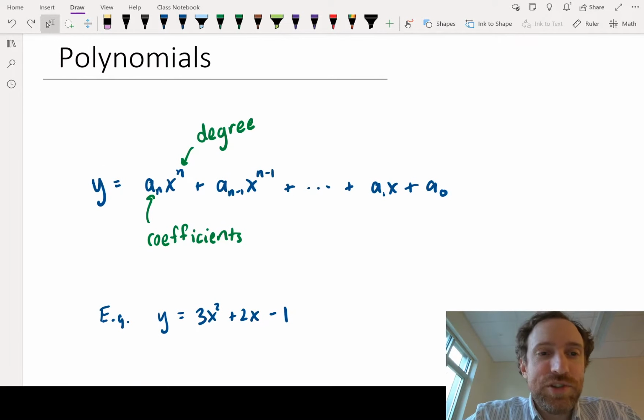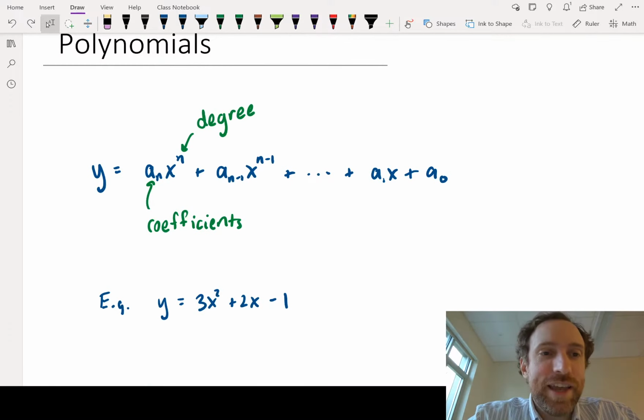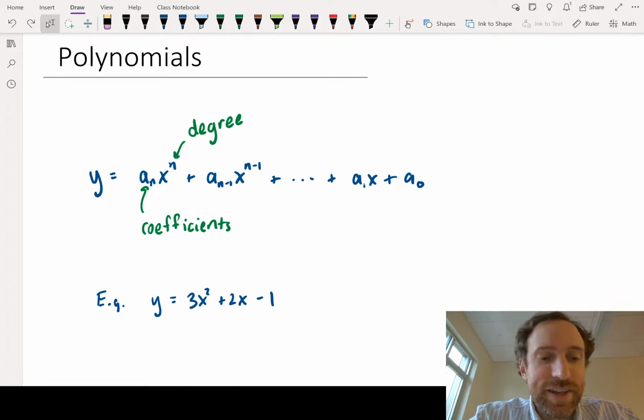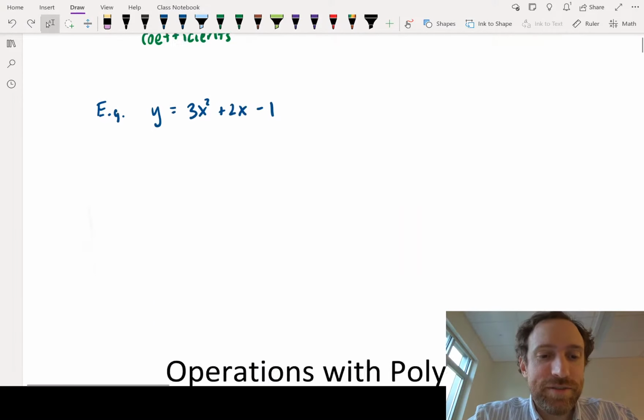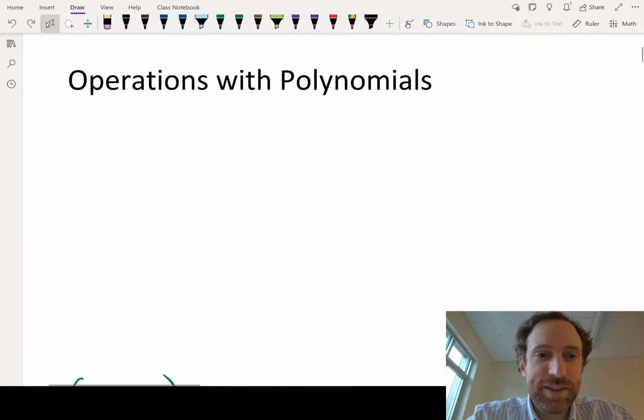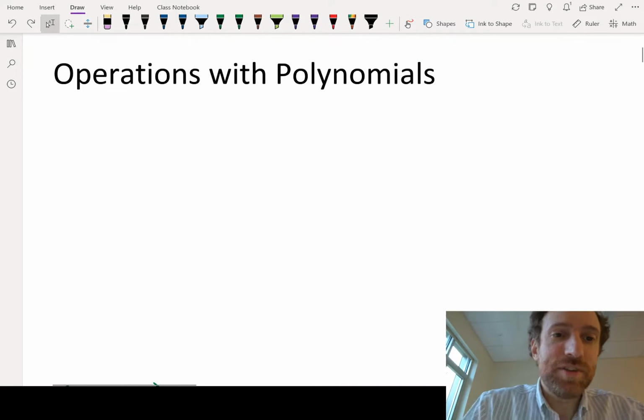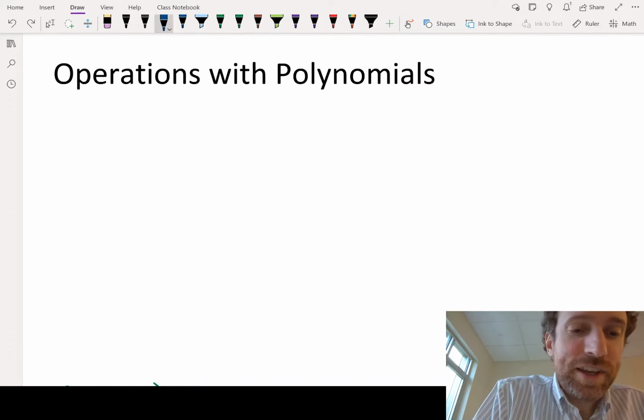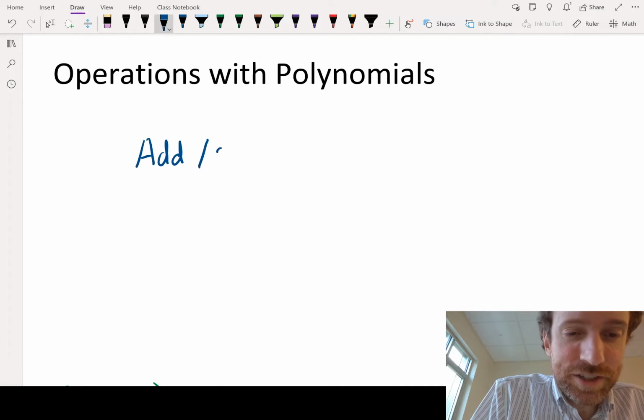So, you should be familiar with polynomials in terms of graphing them and solving equations. And I'm going to show you what polynomial skills show up on the SAT. So the first skill is called operations with polynomials. What is an operation? An operation is something like addition or subtraction